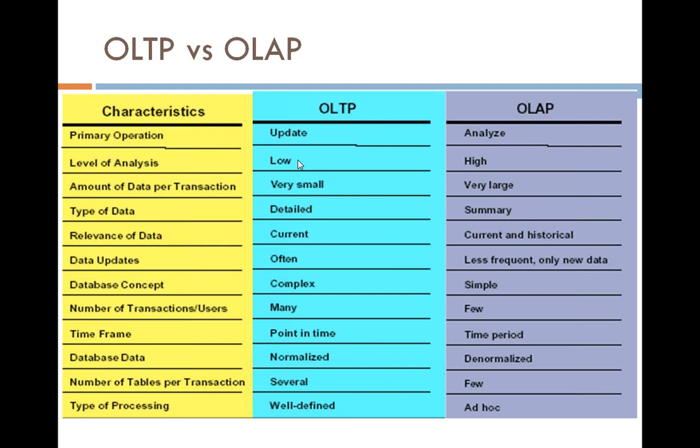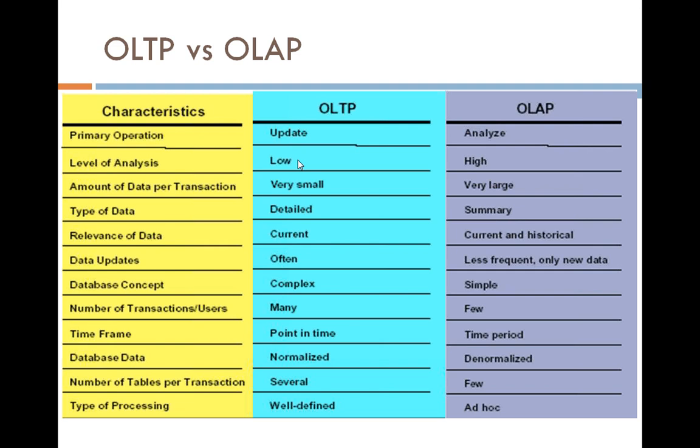So these are the drawbacks which cause problems when we want to do reporting, or analyze the data with respect to the OLTP systems. That is the reason the OLAP systems come into the picture. The difference between these two systems is the way they store the data. In OLTP, the data is stored in tables, and the tables are interlinked with one another by using primary key and foreign key concepts.